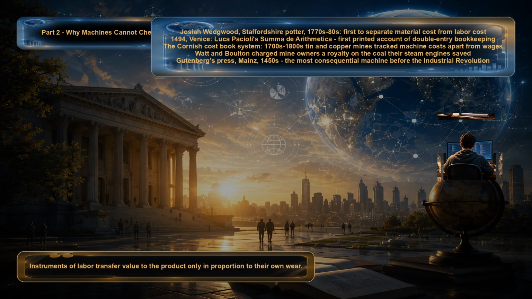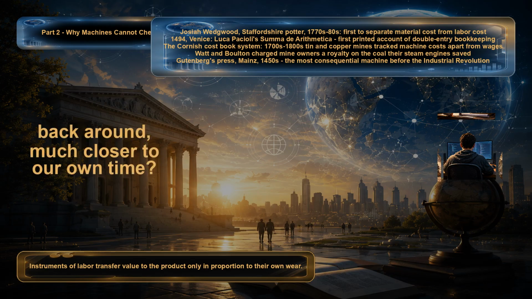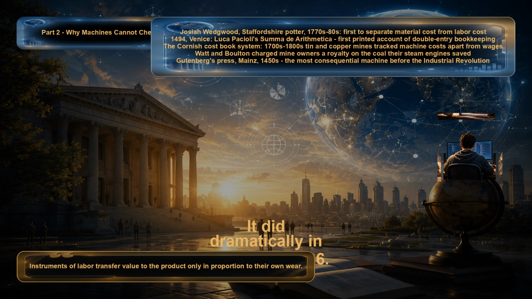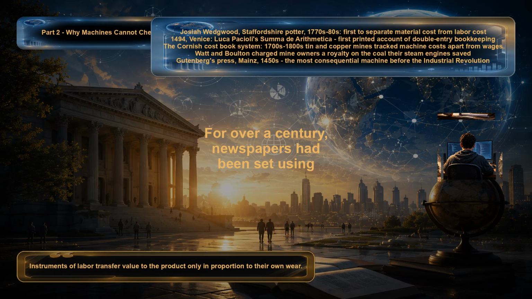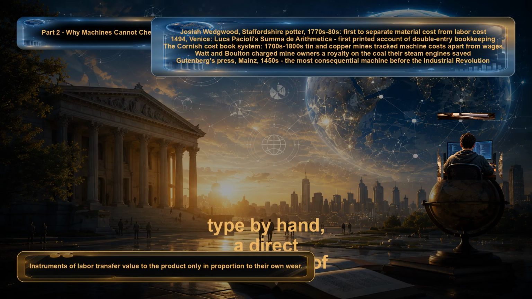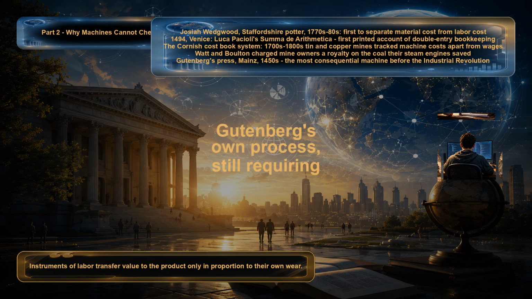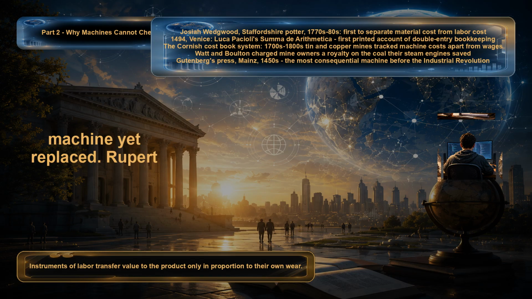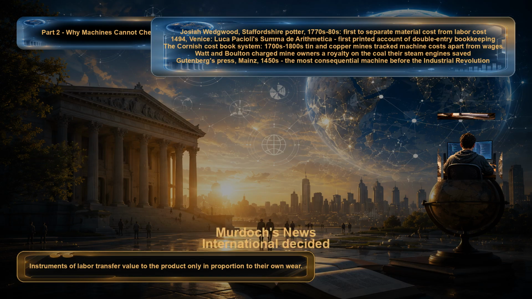Did that same tension between typesetters and machines ever come back around, much closer to our own time? It did dramatically in London in 1986. For over a century, newspapers had been set using hot metal typesetting, skilled compositors casting individual lines of lead type by hand, a direct descendant of Gutenberg's own process, still requiring exactly the kind of trained human judgment no machine yet replaced. Rupert Murdoch's News International decided to move all of its